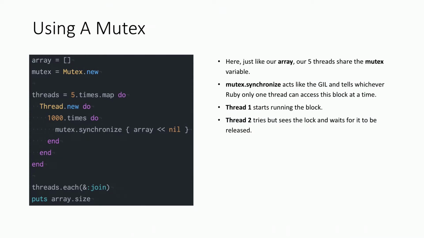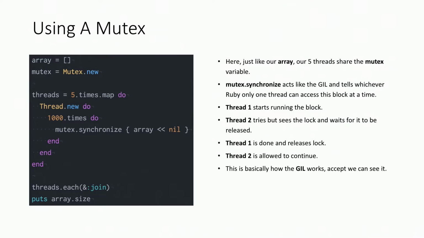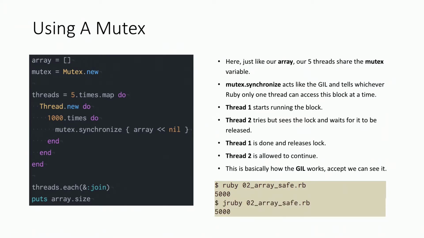Thread 2 also starts running, but sees the lock is held by thread 1, so it waits for that lock to be released. Thread 1 is done. It releases the lock. Thread 2 is allowed to continue. That's basically the GIL. If we go back and now run our safe Ruby example,